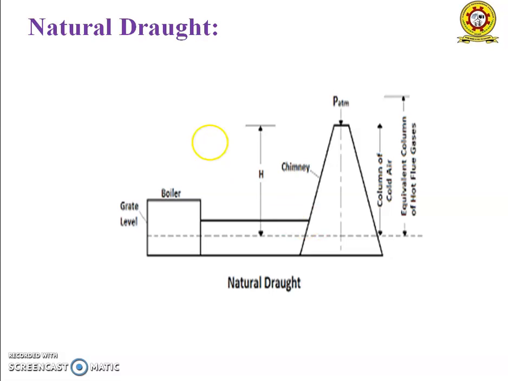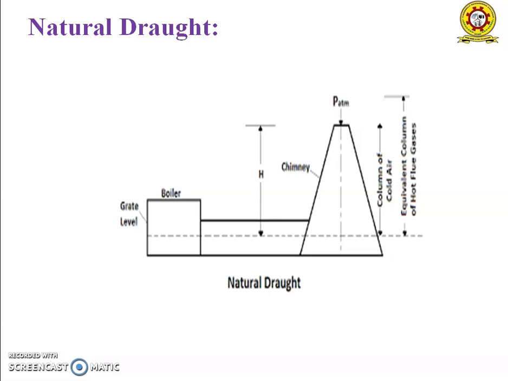This is the chimney. A chimney is a vertical tubular structure of brick, masonry or steel built for the purpose of enclosing a column of gases to produce a draught. Nowadays, the chimney is not used for creating draught in steam power plants as it is not flexible. The total draught produced is insufficient for high generation capacity. By using the chimney, draught can be increased by allowing the flue gases to leave the combustion chamber at high temperature, and this also reduces the overall efficiency of the plant.